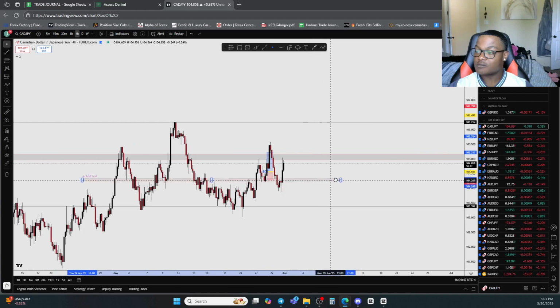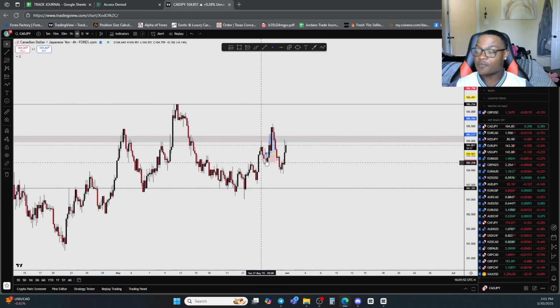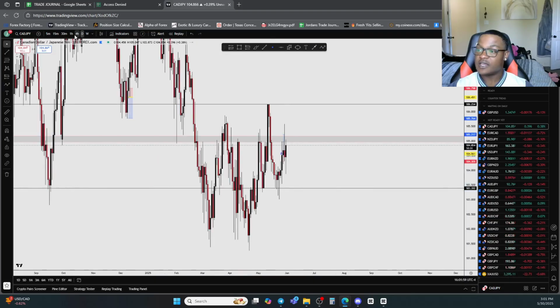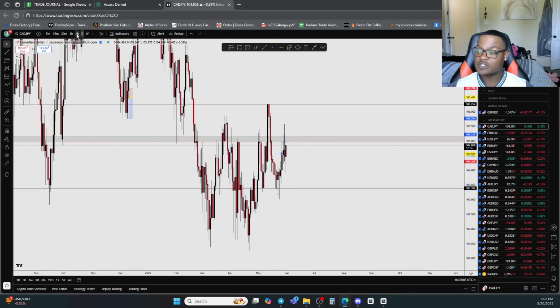We can now move this box to look like so. Actually, leave this box alone. But we can see the 4-hour perform the break of structure and now having a retest of the daily area of interest. Since the daily and the 4-hour are out of sync, being the daily is bullish and the 4-hour